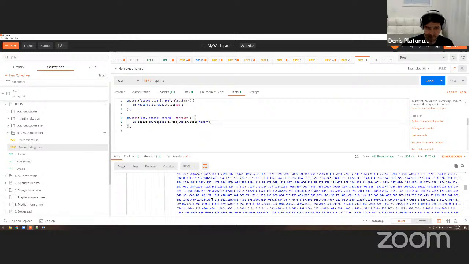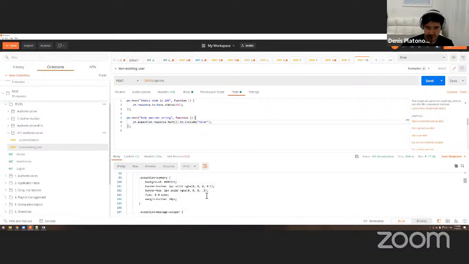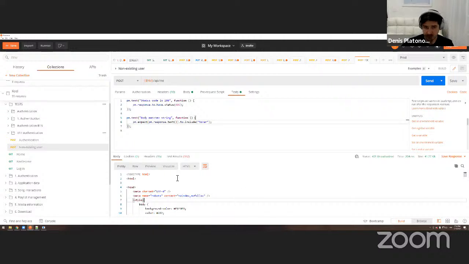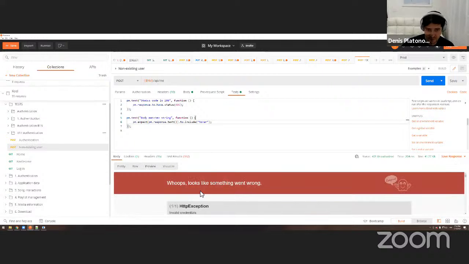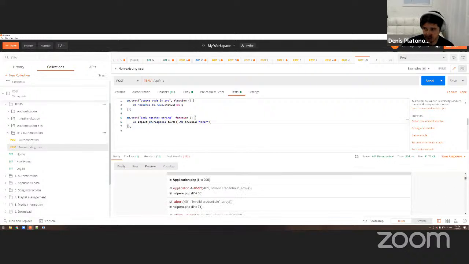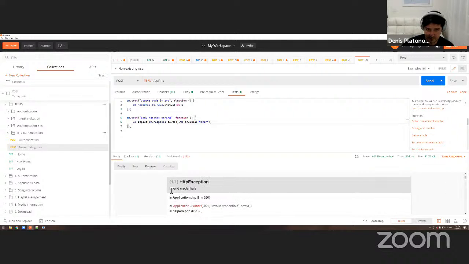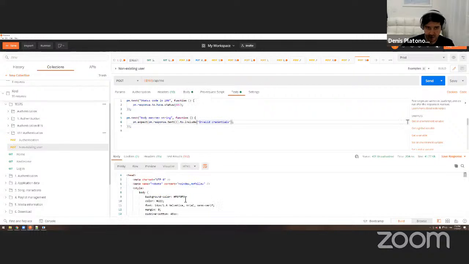It's a page. So we can say, okay, in that case, since there is no actual error message, it's some sort of HTML. We can even say, actually, hold on, let me see. Looks like something went wrong. Okay, you see, invalid credentials. This is the error message. So I'm going to search for that instead of token. So if it's 401 and somewhere here we find invalid credentials, like we see it in here.